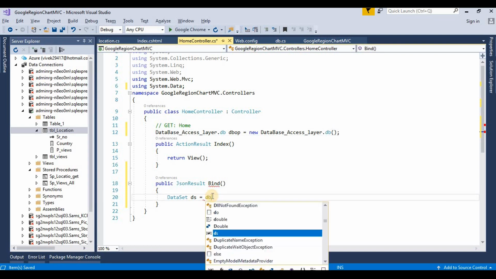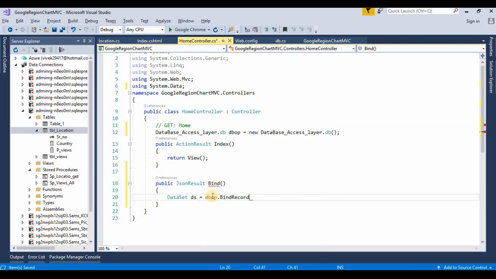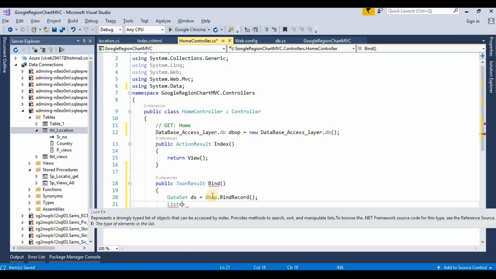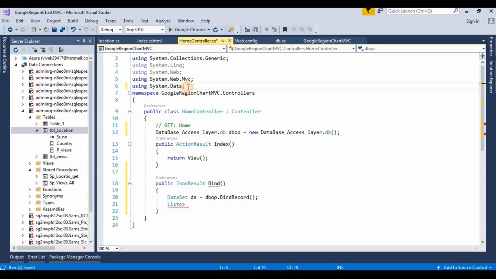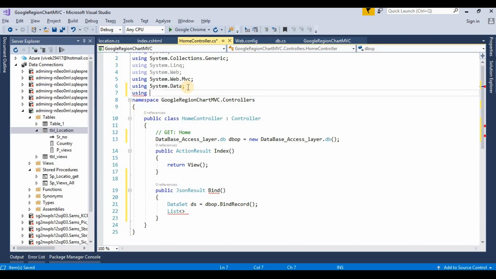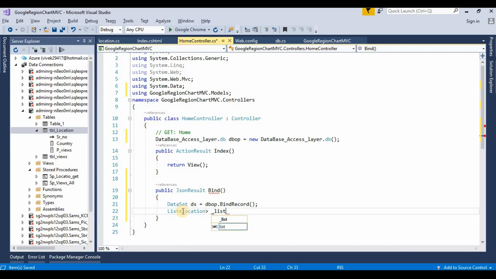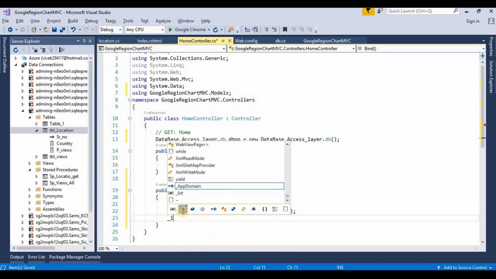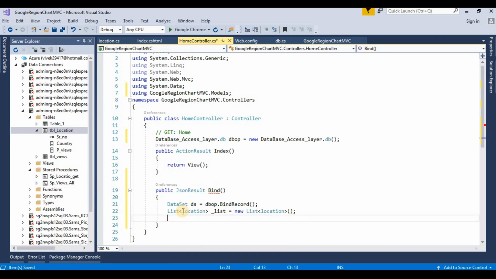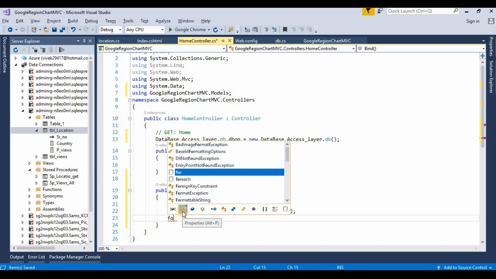Now we call this function, bind record. We're taking a list. So I need to call that model class using Google chart.model. We take a location, taking object list dot, we take a for each loop,